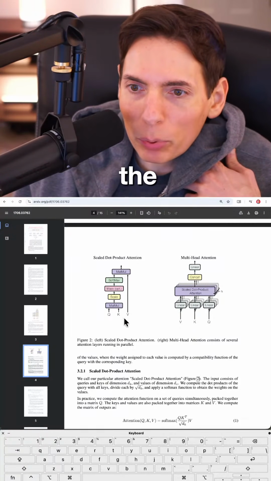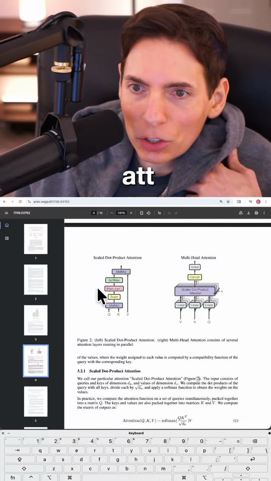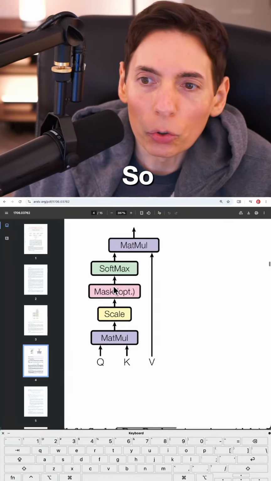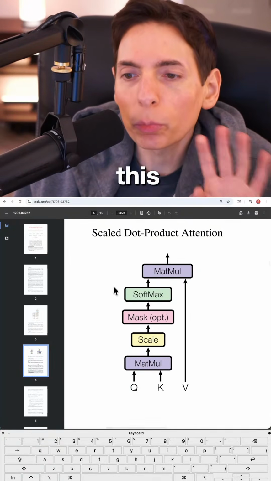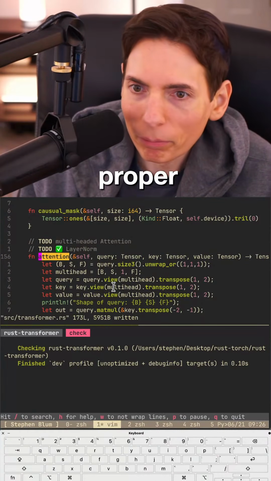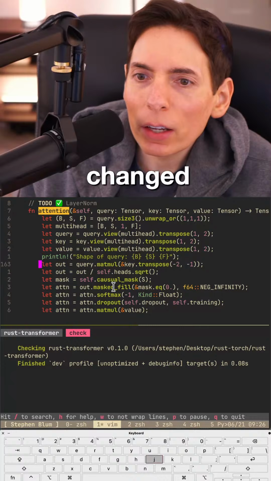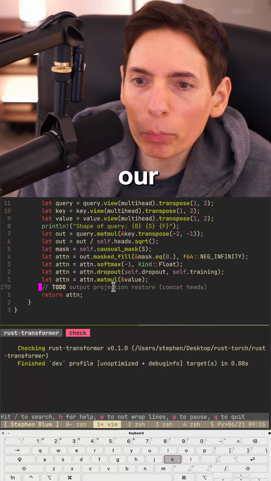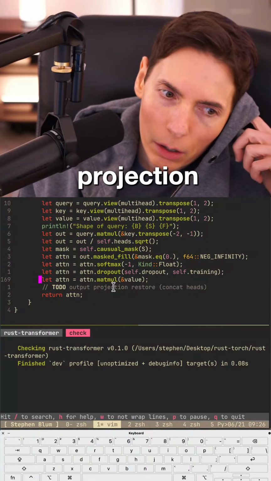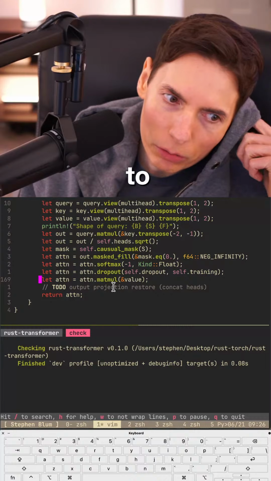So we're doing the projections and the attention, the scaled dot product here. From the Attention Is All You Need paper, we're doing this properly. Okay. And then we changed, everything looks good there. Now we just have to get our projection, and we need to convert it.